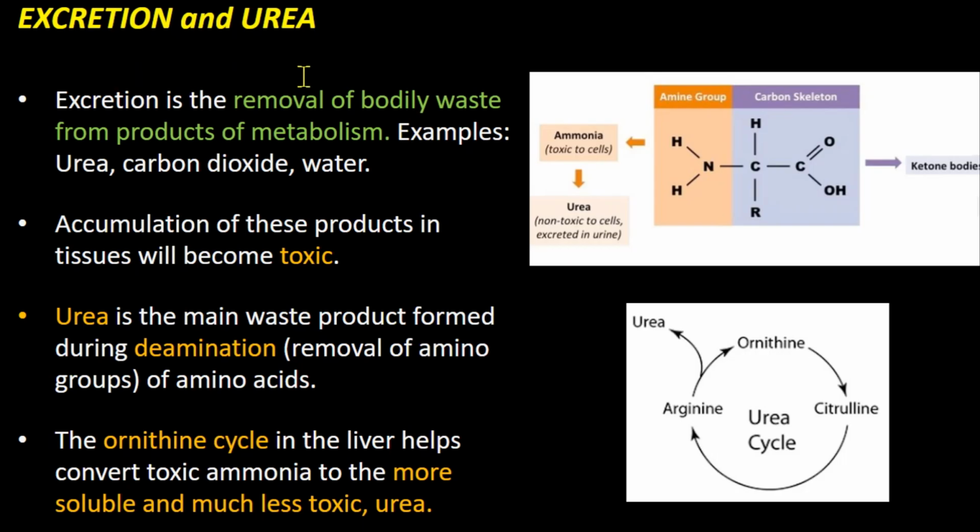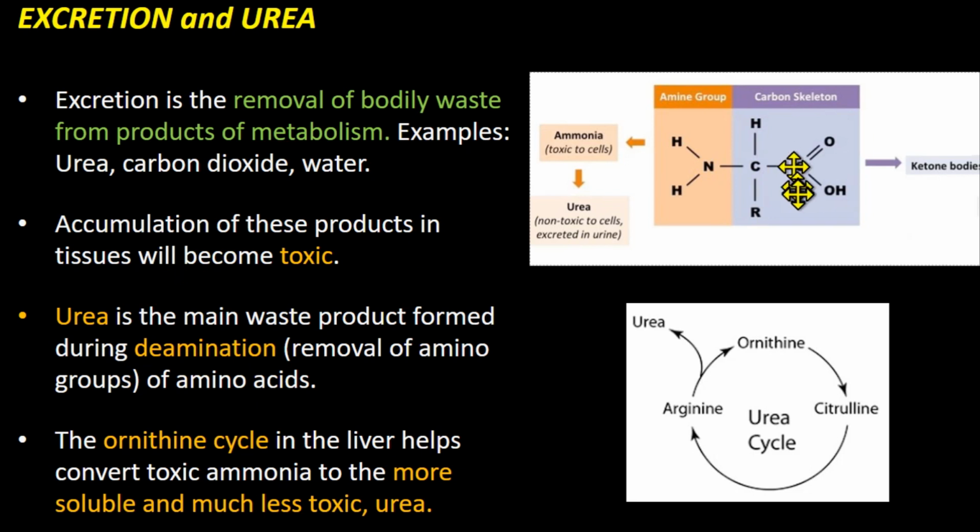Excretion is the removal of bodily waste from products of metabolism. So examples would be urea, carbon dioxide, and water. Accumulation of these waste products in tissues will become toxic and will of course poison the person who has them accumulated. Urea is the main waste product formed from deamination, which is the removal of amino